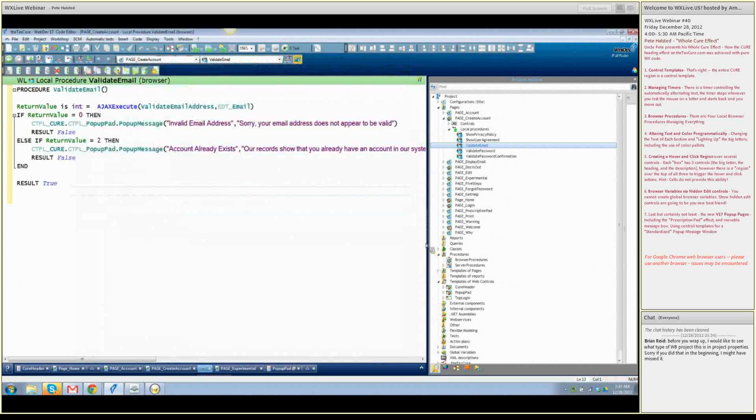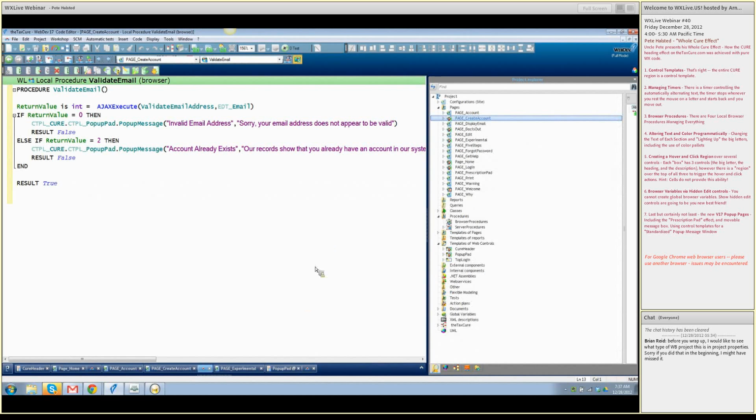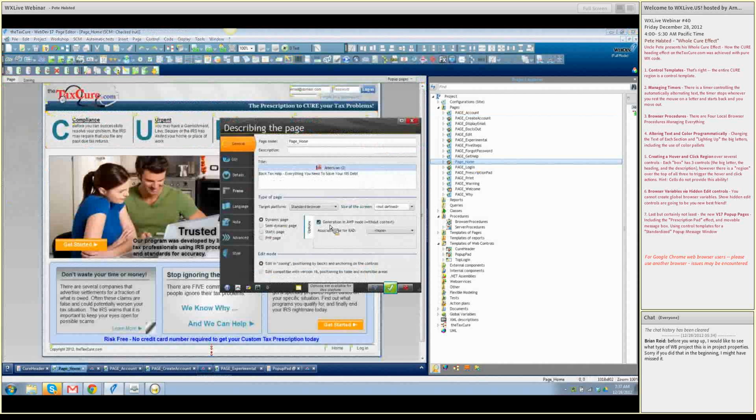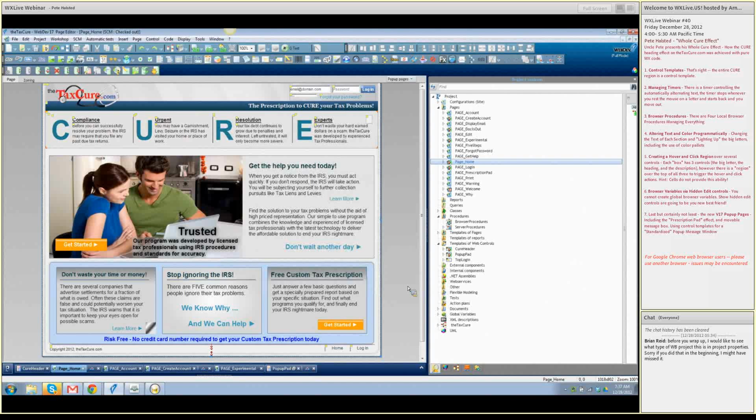I've done one short article on this, and we'll be expanding on it quite a bit. There is also quite a mix of AWP versus dynamic pages. The external pages of the site, like the home page, are dynamic AWP pages. They are not the WebDev dynamic pages. Once you get into the login and so forth, you move over to the WebDev dynamic side of